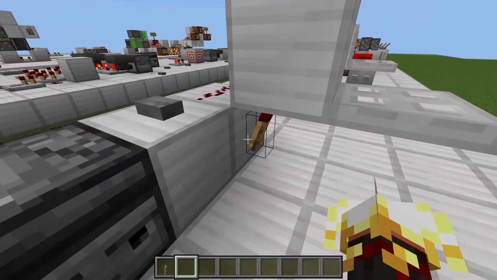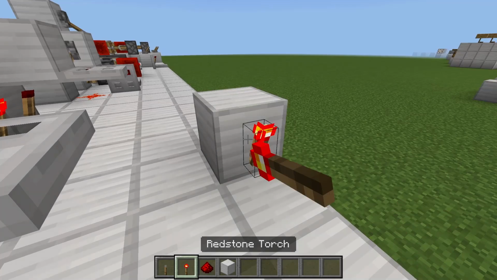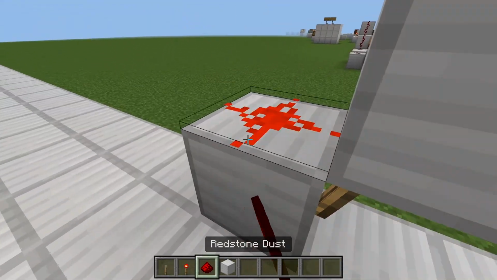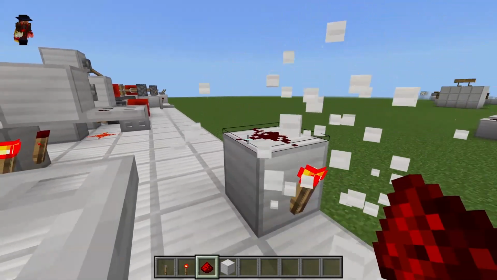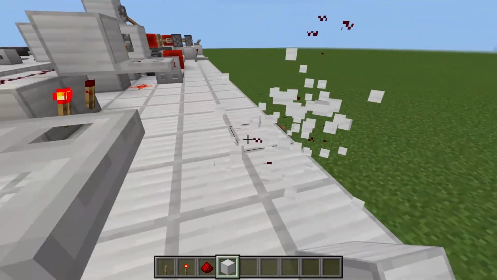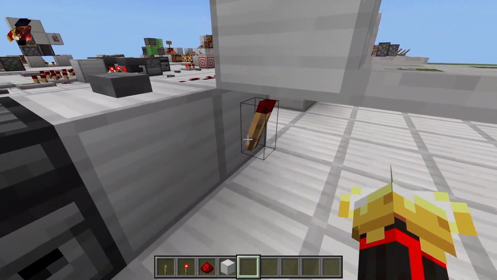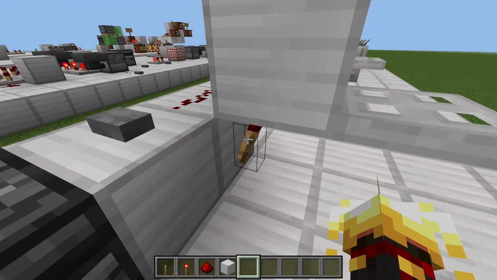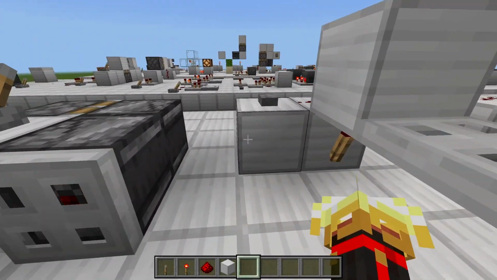Here we have a redstone torch burnout clock, and it works basically when you have a redstone torch on a block. It's powering the block above it, and this is then powering the dust, which is powering the torch. This causes it to flash briefly and then turn off. So it flashes 8 times and then turns off, it like burns out. And what you can do is you can update the redstone dust and then it flashes again. It's a lot faster than the observer clock here,